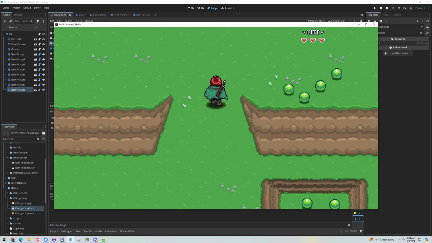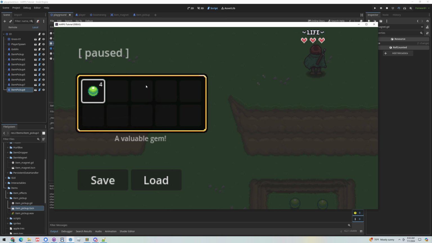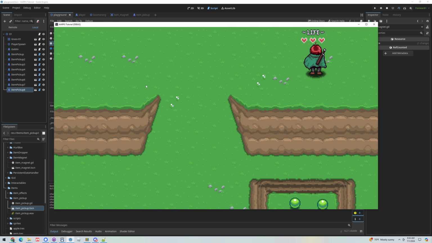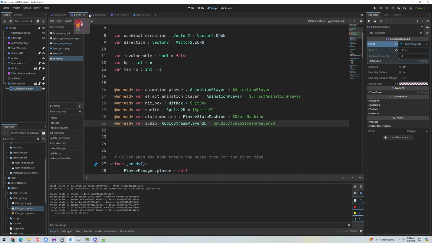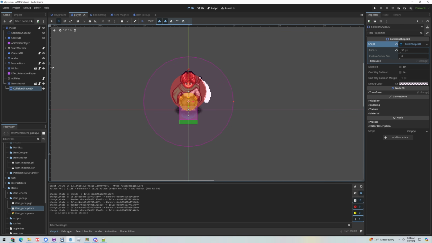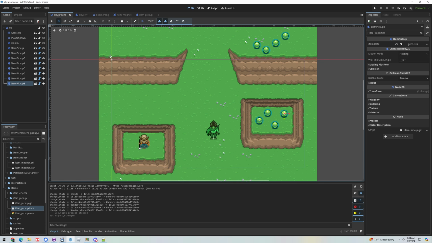I'm kind of going through this the hard way just so that we can demonstrate how to use the debugger, but there we go. You can just see it sucked up those 4 items. There's 4 of them there. Now, if we wanted to increase the strength of our item magnet, we can go to our player here and select the item magnet, and I'm going to set the strength to 2. And then if we go back to our playground and run the scene,